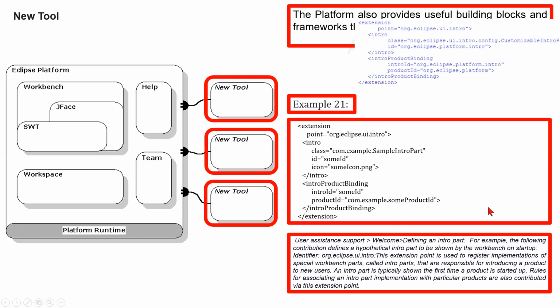Now we are considering defining an intro part in welcome in user assistance support. For example, the following contribution defines a hypothetical intro part to be shown by the workbench on startup. The identifier org.eclipse.ui.intro. This extension point is used to register implementations of special workbench parts